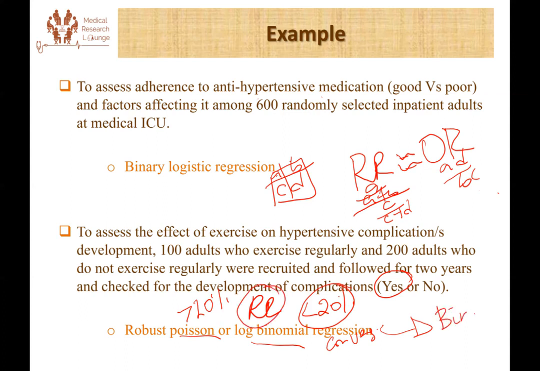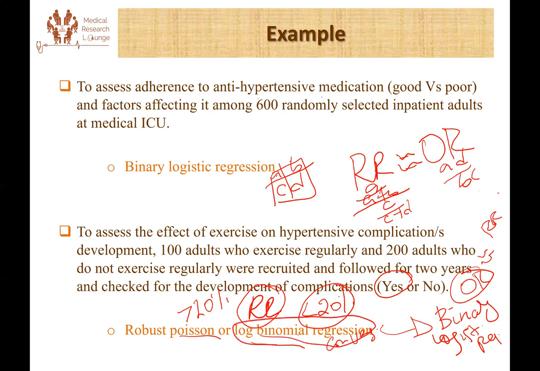So if we use binary logistic regression, which is a model that we use in case-control and cohort studies, and which can give us an odds ratio, since the outcome is rare, the odds ratio that we get from the binary logistic regression model is expected to approximate the relative risk that we could get from the log binomial regression. So when all of these possibilities fail in a prospective cohort, or I wouldn't say experimental, but in a prospective cohort, you can run binary logistic regression, and the result you get, the odds ratio, can be a good approximation of the relative risks that we could get from the